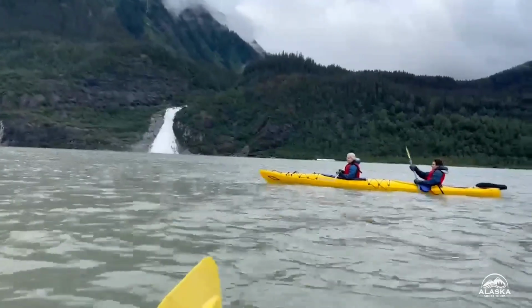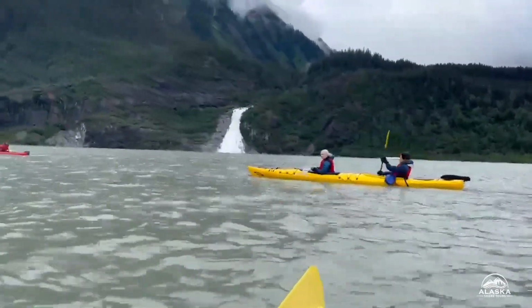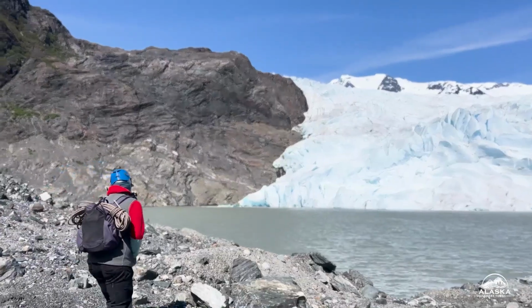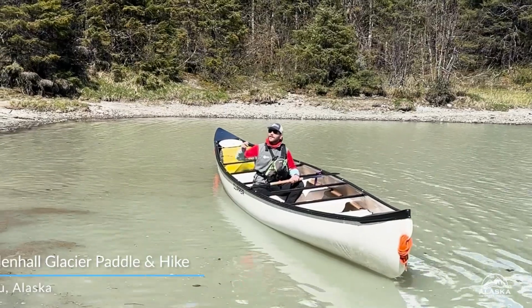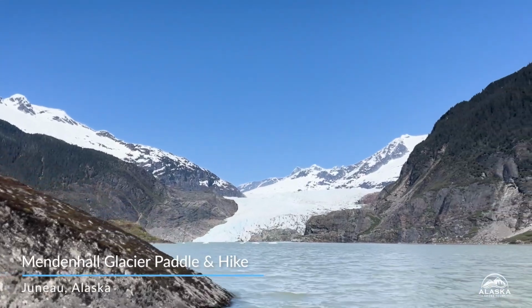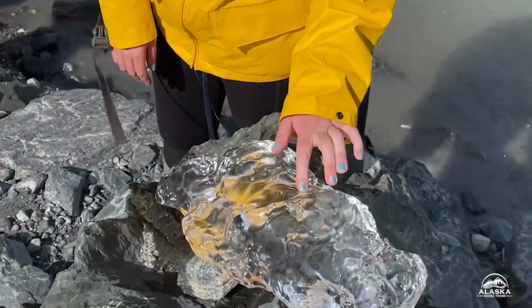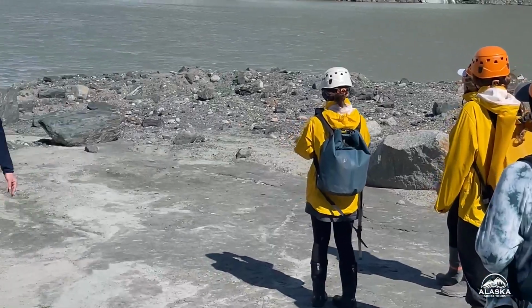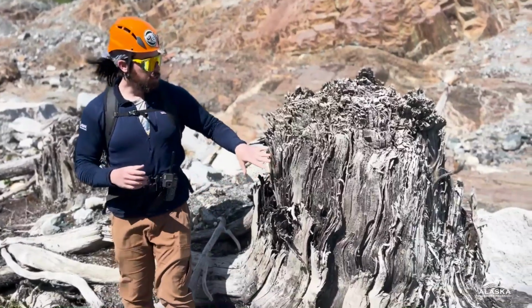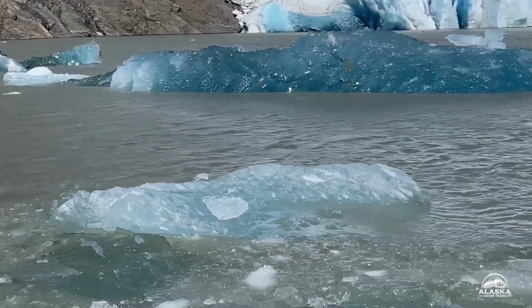For those wanting an adventure beyond the visitor center, there are plenty of active and exciting tours to choose from. For a close-up view of the glacier, the Mendenhall Glacier Paddle and Hike Tour lets you canoe across the serene Mendenhall Lake before hiking along its rocky moraine. You can get within 200 yards of the glacier, making for an unforgettable adventure. The journey can be challenging with unpredictable winds, but it's rewarding and the closest you can get to the ice